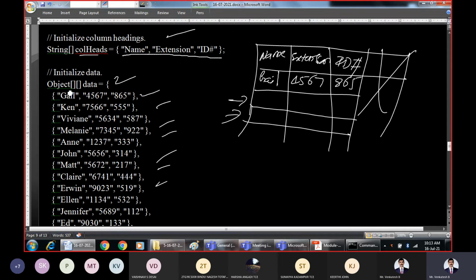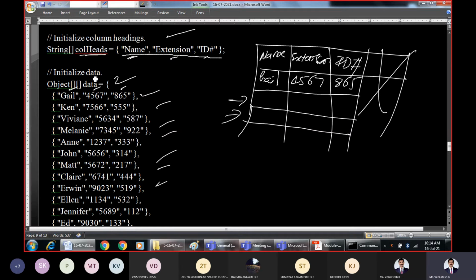And remember, the data in each and every row must contain 3 columns because the number of column headers is also 3. If the number of column headers is 3 and every row has 4 columns, that is not allowed. The number of entries in each row must be 3 only, because the number of column headers is also 3.